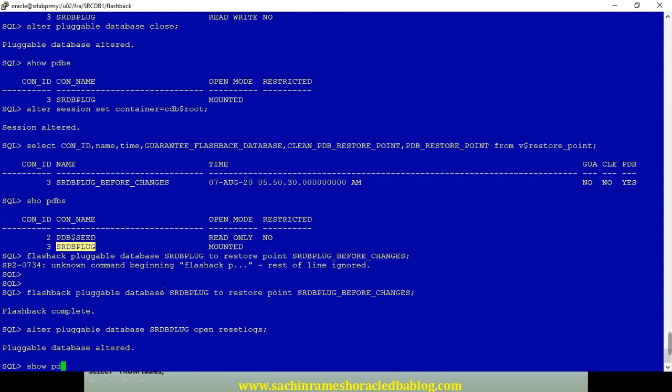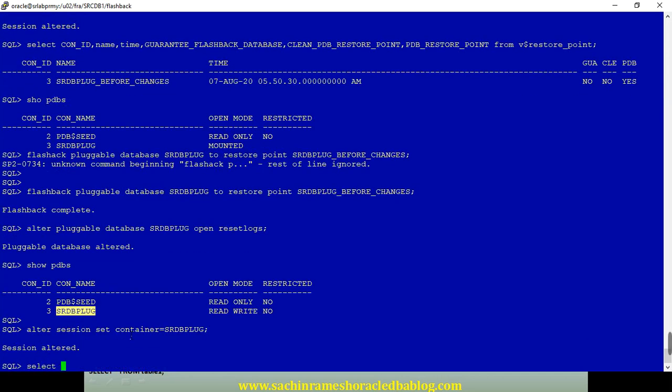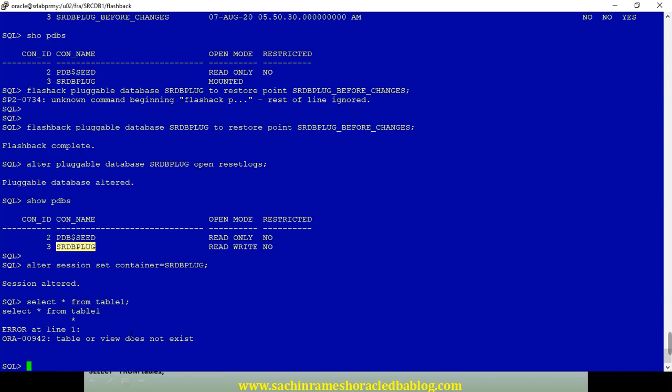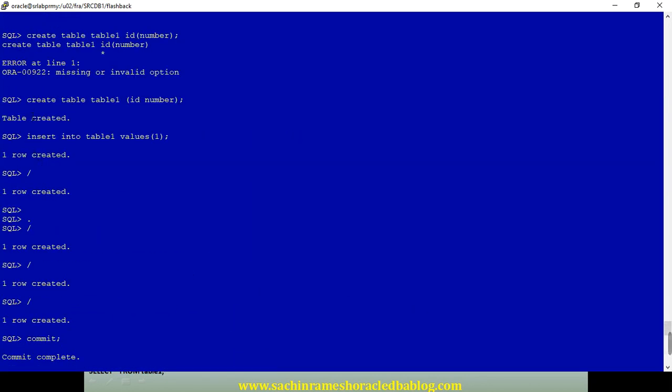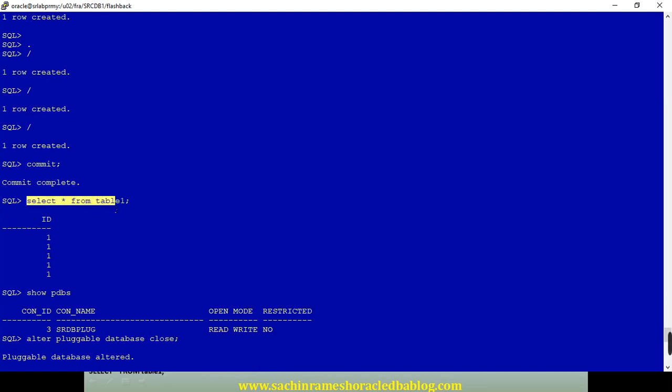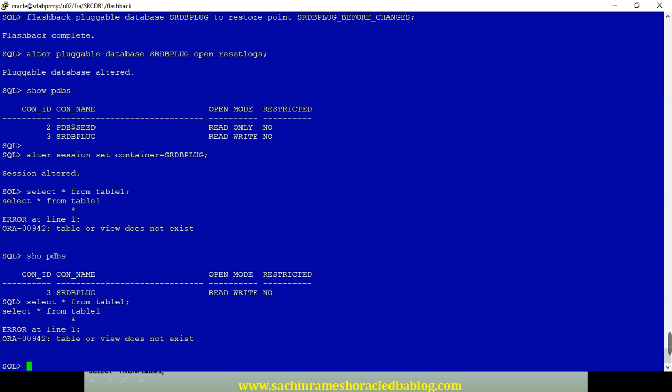Now the PDB is there. We are going to check whether the table is there or not. There is no table. We are in the pluggable database where we created the table. After making the changes, there is no table at the PDB level.